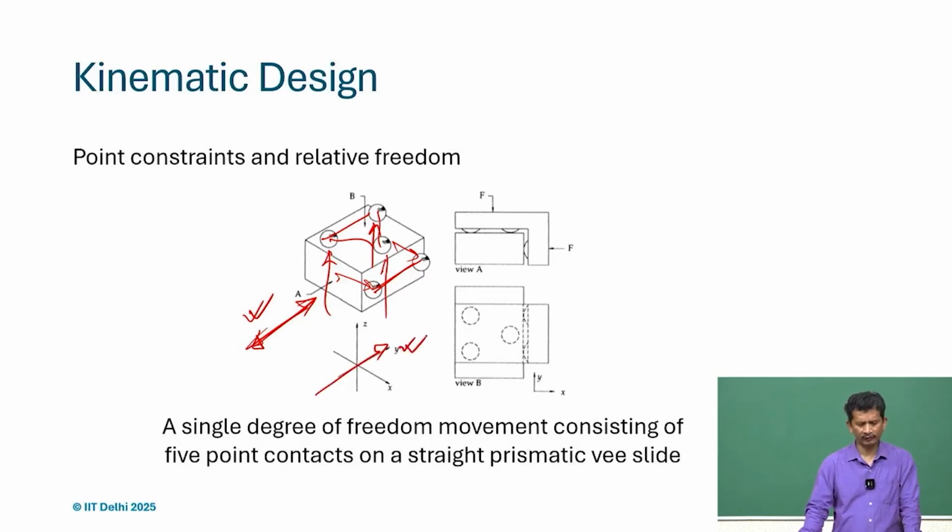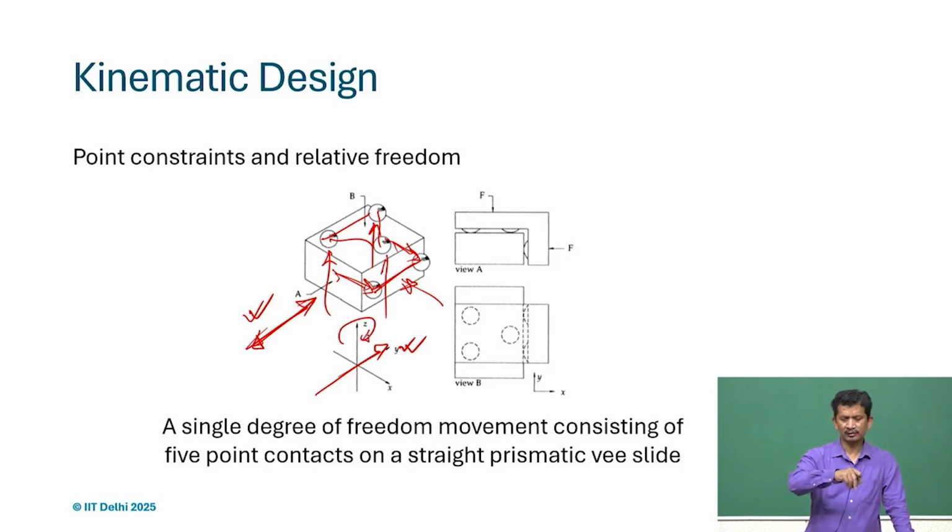So, this is the only degree of freedom, and if we look at it closely, what we realize is that if the 3 balls are in contact with the top surface, it defines one planar surface. So, planar constraints we provide. What is needed now is to block this motion, this x motion. So, it has to be blocked. So, we need to provide the constraints along that direction, and if there are 2 parallel constraints in that direction, they will also eliminate the rotation along the z axis, and